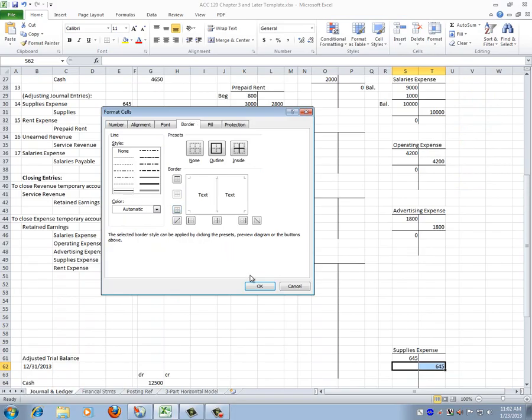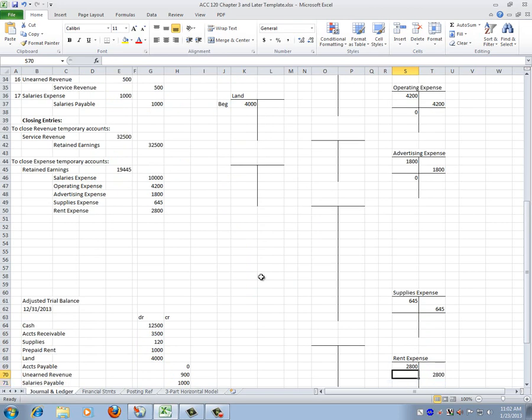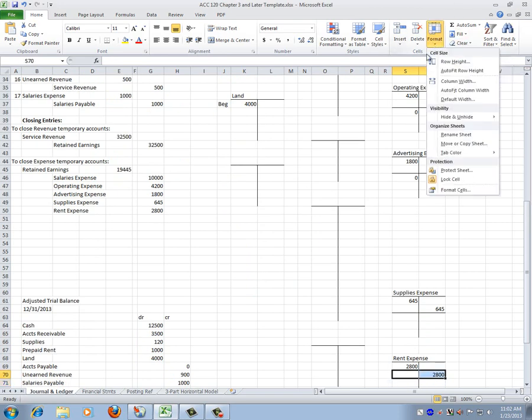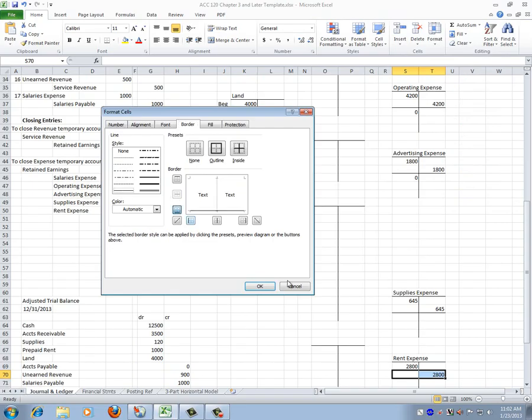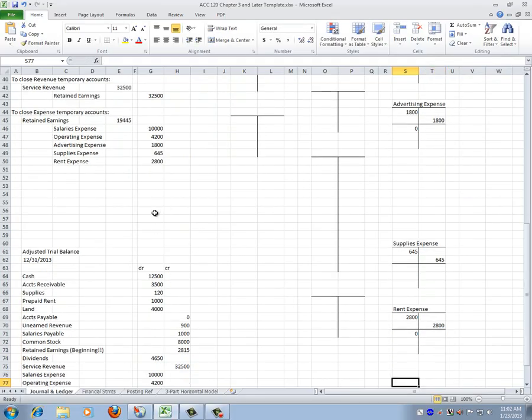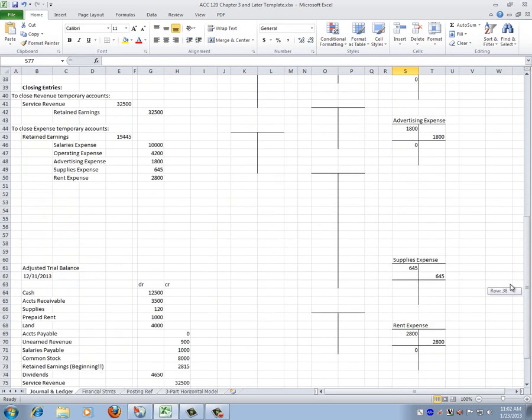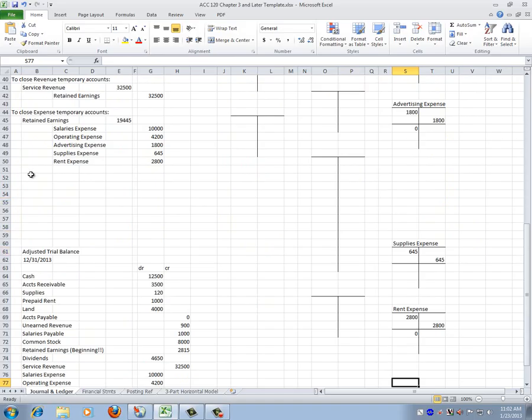Some of this stuff would be more quickly illustrated just with pencil and paper, or as I do on the board in the on-campus sections. Excel's not always the fastest for every accounting function. It's good for many things, but not always. Anyway, the last temporary account to close